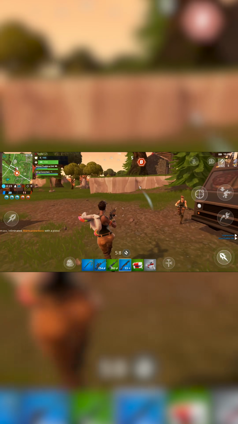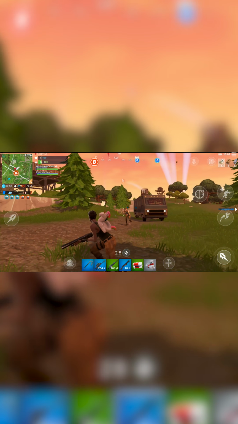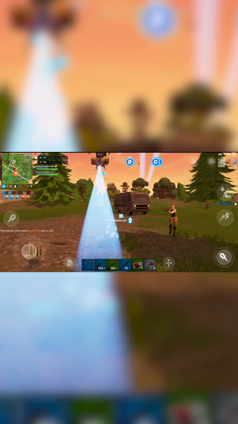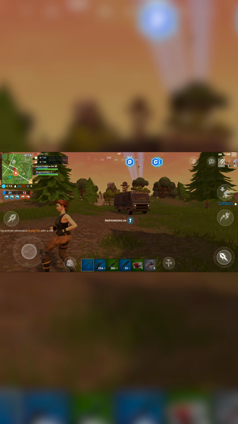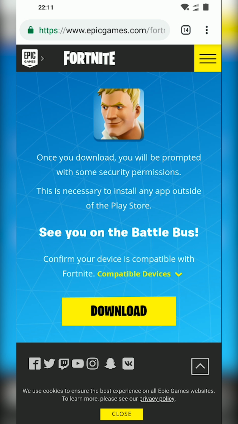My phone currently wasn't on this list, but other phones with similar spec hardware were, so it should be no problem if you have a phone with similar spec hardware. Now you will want a pretty beefy phone to run this, so just keep that in mind, but let's jump right into this. So the first thing you want to do is open up your web browser, and we're going